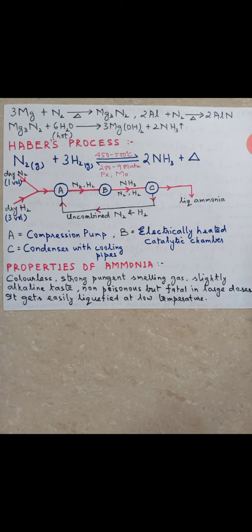Now one more thing I'll add here. Children, you write it down. If Fe as a catalyst and MO as a promoter is not present, then the alternate is you can take Fe2O3 as a catalyst containing 1% potassium oxide K2O and 3% aluminium oxide Al2O3 as a promoter. Again I repeat, the alternate catalyst is Fe2O3 containing 1% K2O and 3% Al2O3 as a promoter. You can take it. Got it? That's the alternate. Otherwise you generally take Fe as a catalyst and MO as a promoter.